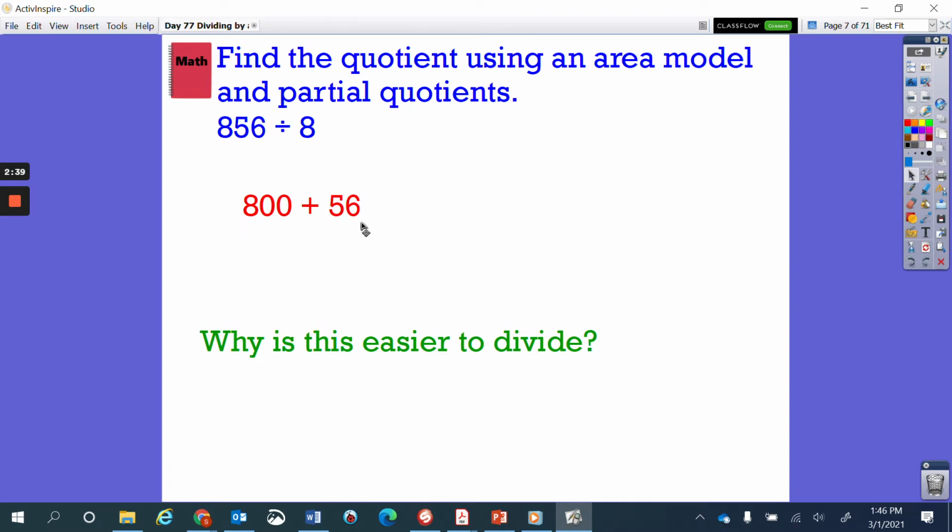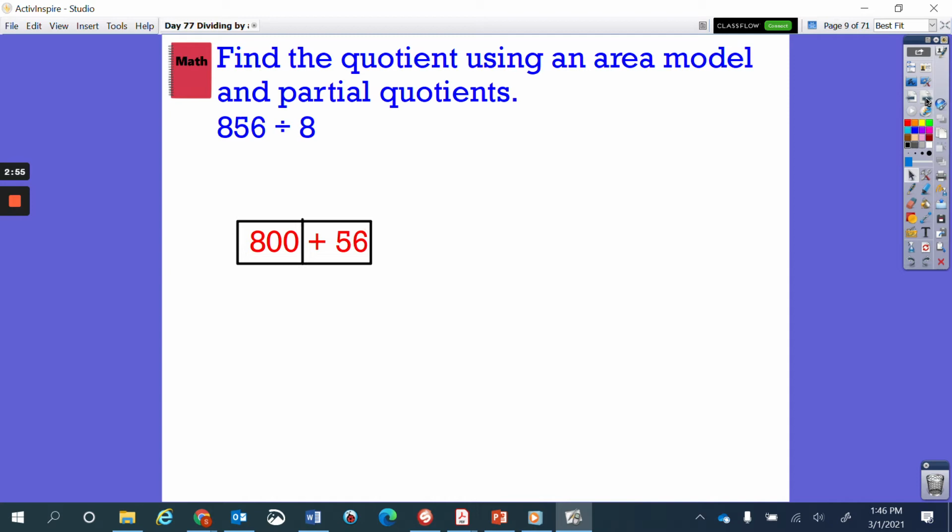No, I didn't split it up by place value, but this math is going to be much easier for me to divide because 800 is a multiple of 8 and 56 is a multiple of 8, so that division will be much easier for me to do. Okay, so we can make an area model, splitting it up, 856. We're dividing it by 8. 800 divided by 8 gives us,